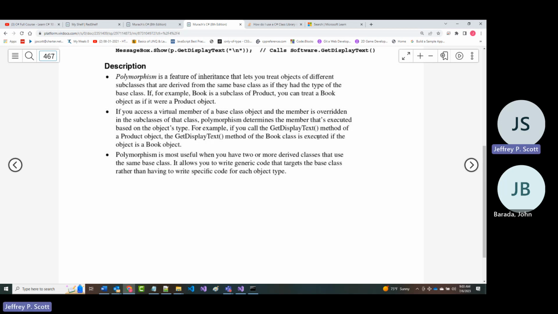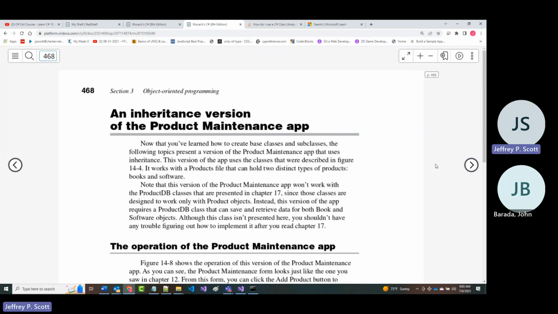That's why, as it says there, the get display text method for the object is different than the get display text method for the book, which is different than the display text method for the software. And as mentioned there, polymorphism is most useful when you have two or more derived classes that use the same base class. That's exactly what they're mentioning in here, in the example that they're showing.